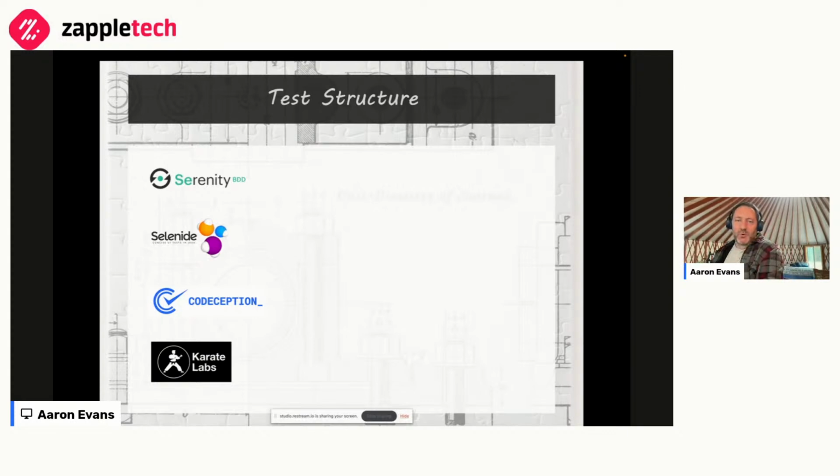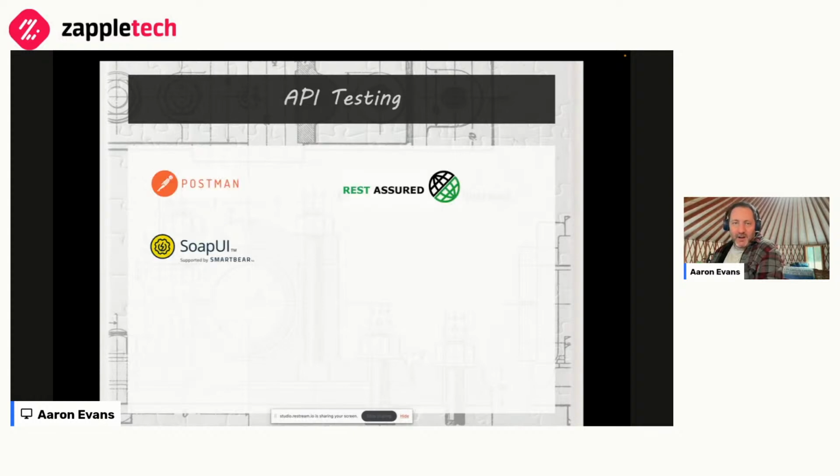Again, this is just listing the tools. Nothing specific I need to talk about here. But API testing, right? There are tools or frameworks designed specifically for API testing. How do you fit these in with your GUI tests? Do they live in a different test framework? Do they work together or separate than your UI automation?